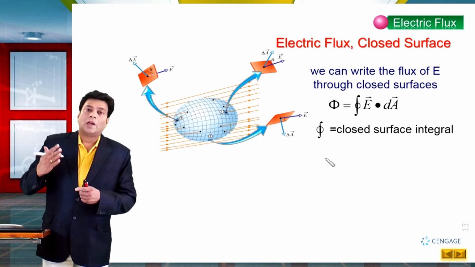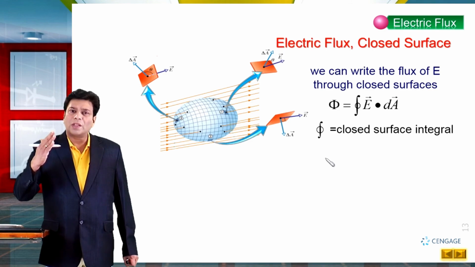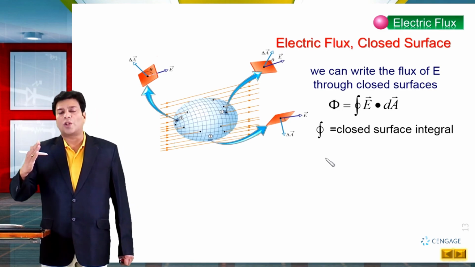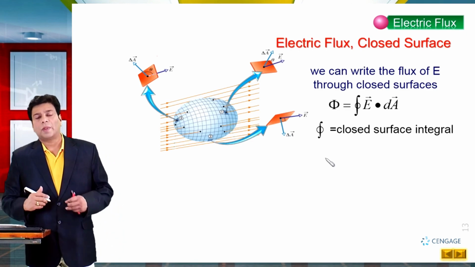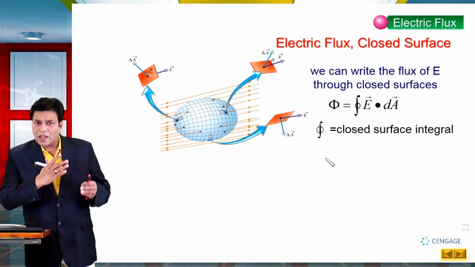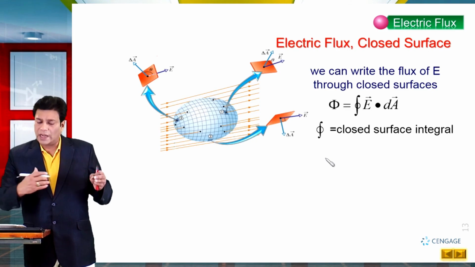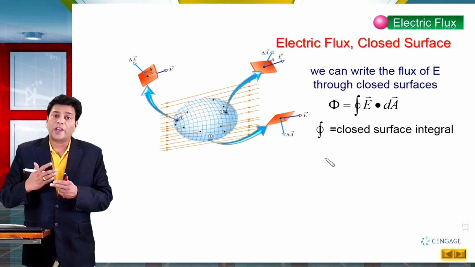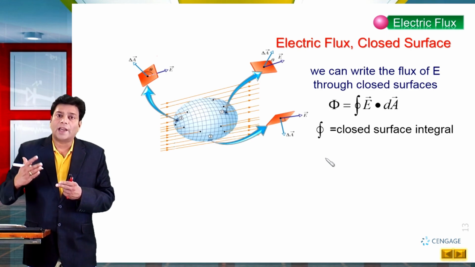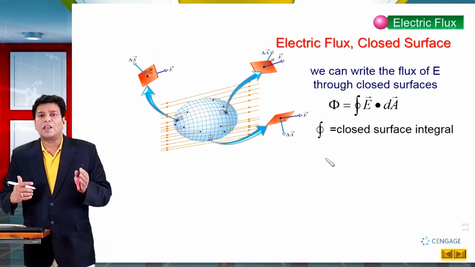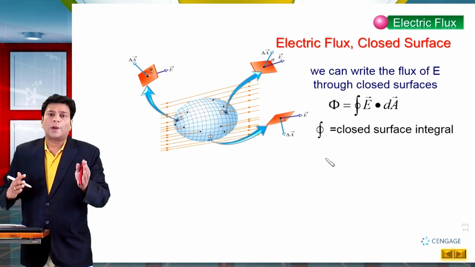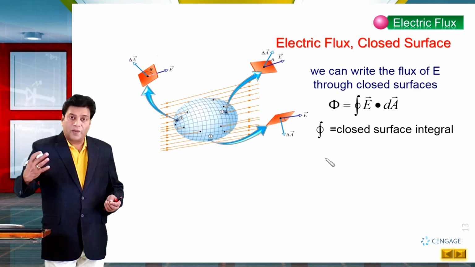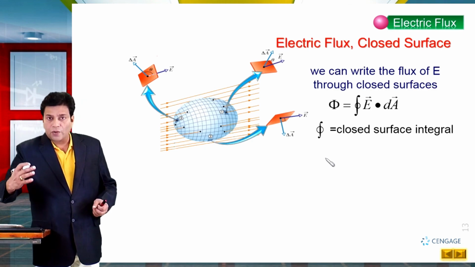Now the net flux through the surface is proportional to the number of electric field lines crossing the surface. If some lines are coming toward the surface, any closed surface, and some lines are moving away from the surface, so we can say the net field lines is the number of lines leaving the surface minus the number of lines entering the surface. That is equal to the difference of the outward and inward flux.